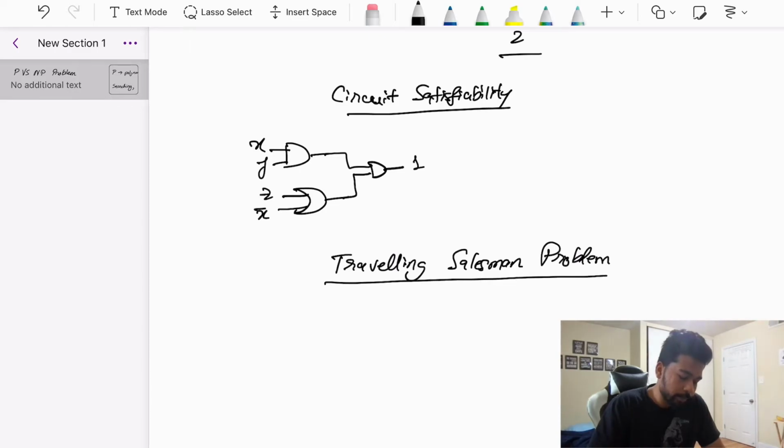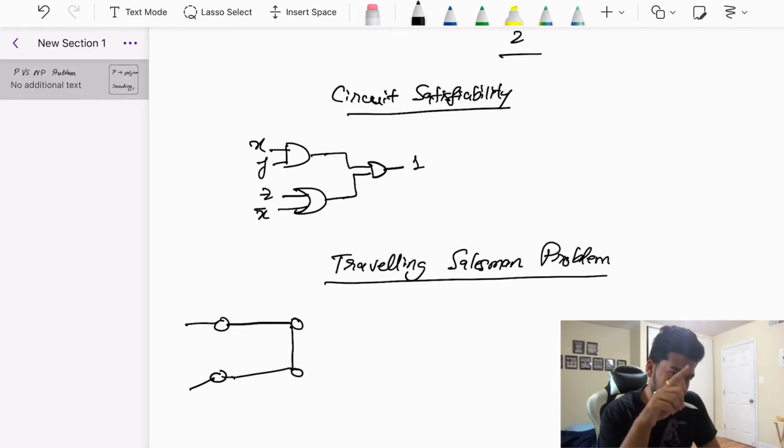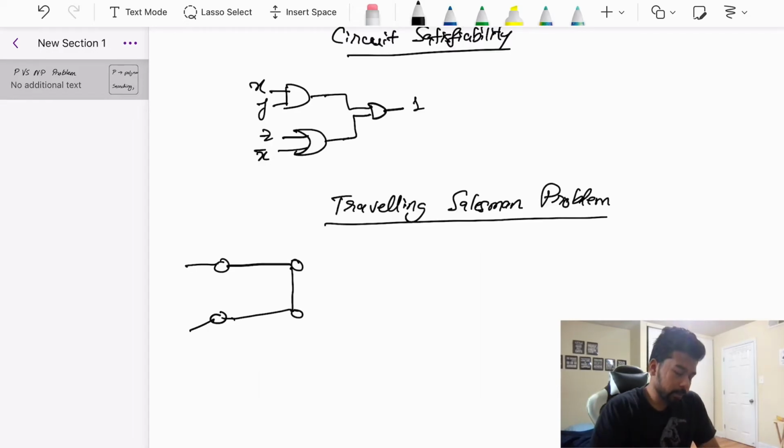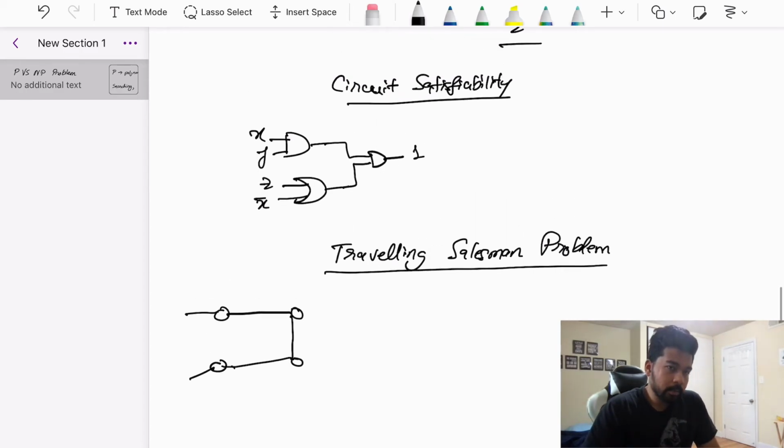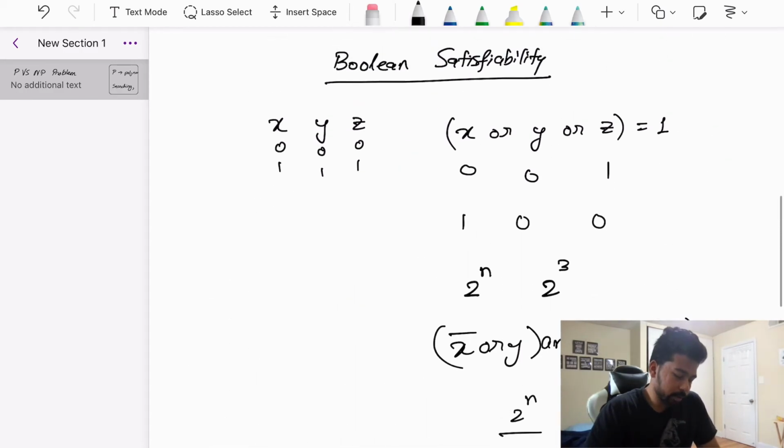Right. So what's the problem? The problem states that if you have 4 cities, or n cities, does there exist a path which hits every city once? You want one tour, and that tour must go through all the cities and must hit every city once, right? That's the problem. So now the traveling salesman problem can be reduced to the Boolean SAT, or the Boolean